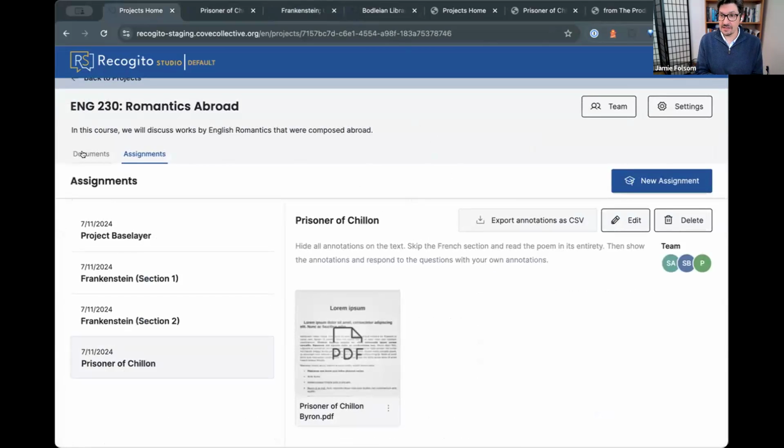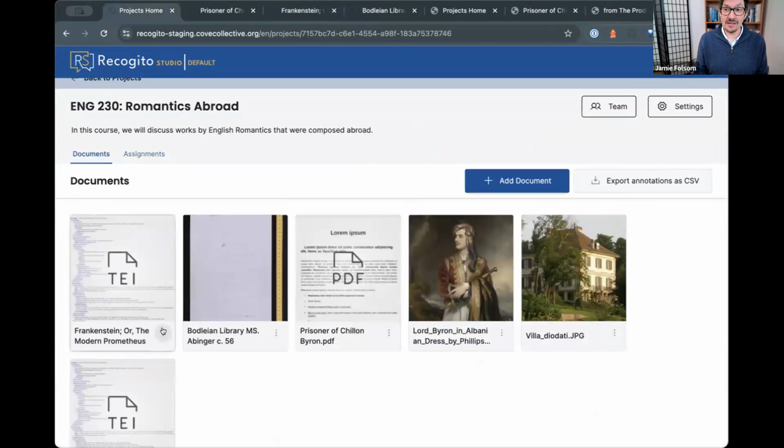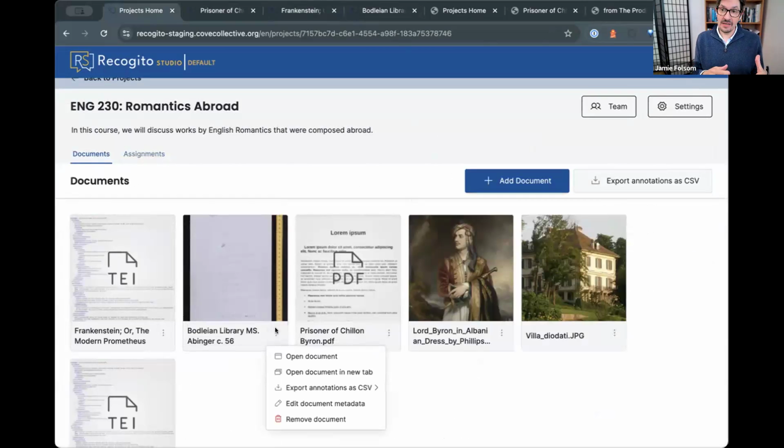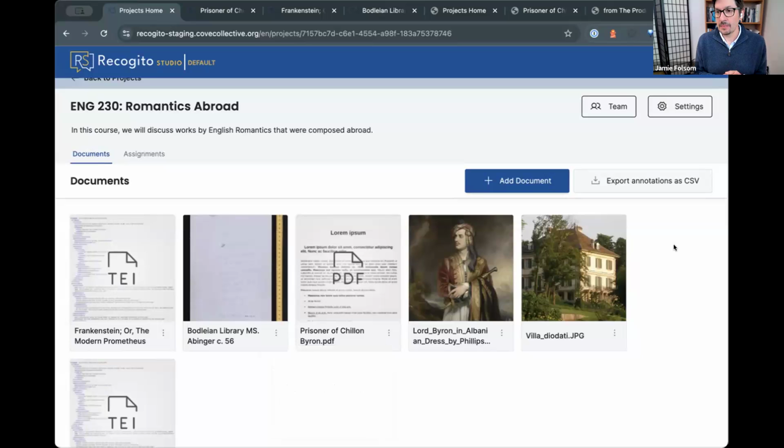On TEI text, which is how we handle text for the most part, although we can do plain text as well, but on TEI, you can export the document itself with annotations embedded, and those become a standoff element in the TEI header that are anchored down into the actual markup of the text. At the moment, apart from the CSV, we don't have a way of exporting annotations on a IIIF image, but that's a tantalizing, we hope very near future, possibility,